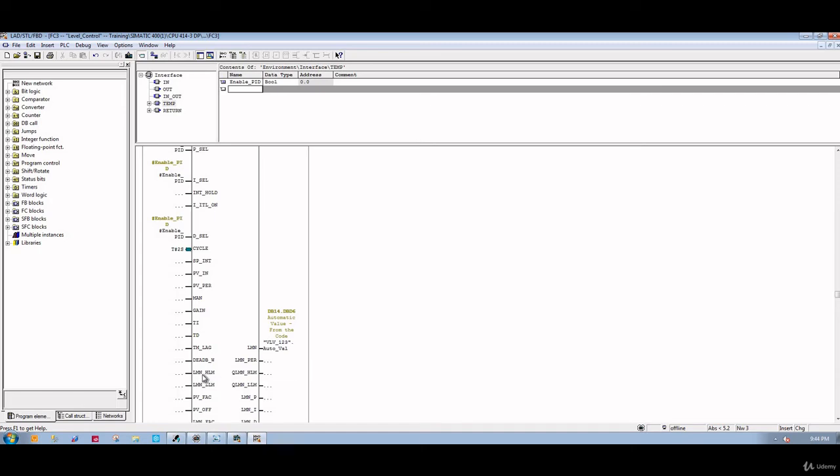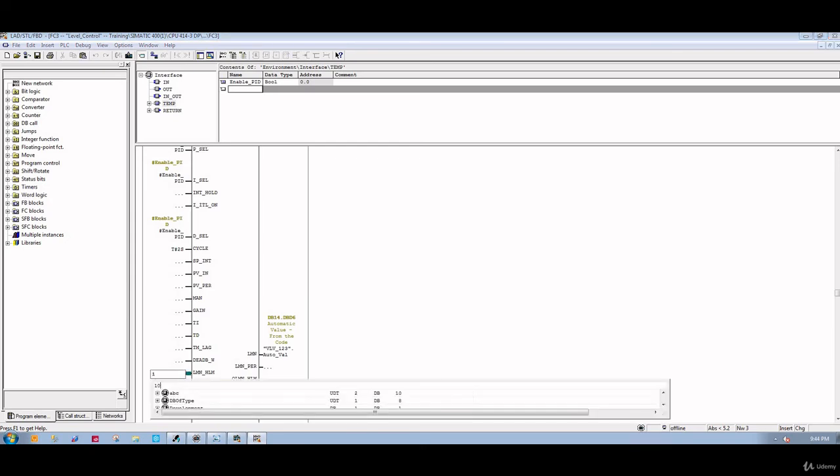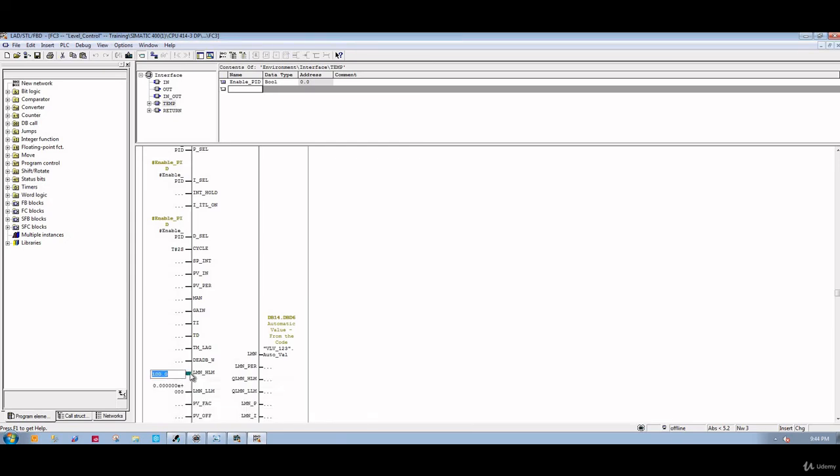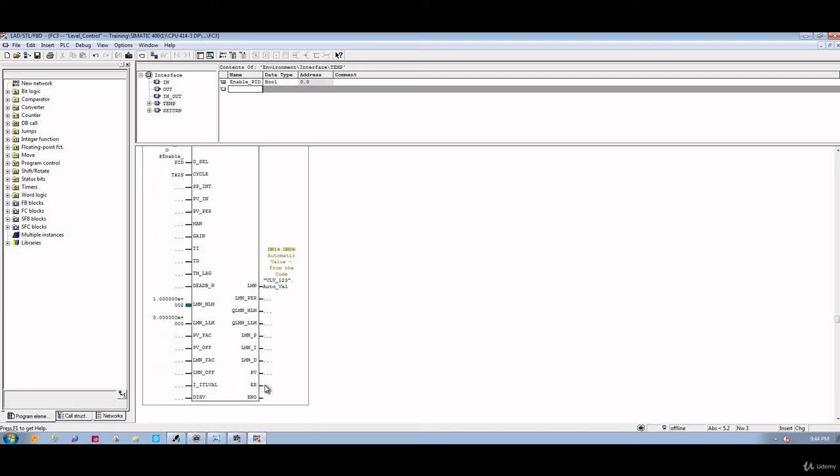The limits, the maximum and the minimum limit for the output. Usually, in case this is real, the minimum is going to be 0.0, and the maximum is going to be 100%. So the output is oscillating from 0% to 100%. You're going to hold this one, it says high limit and low limit. Okay,